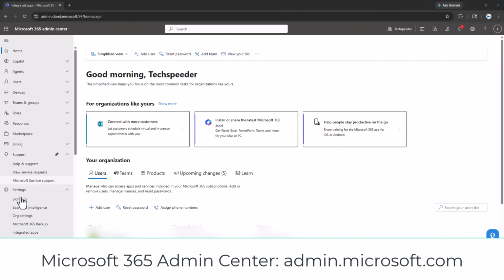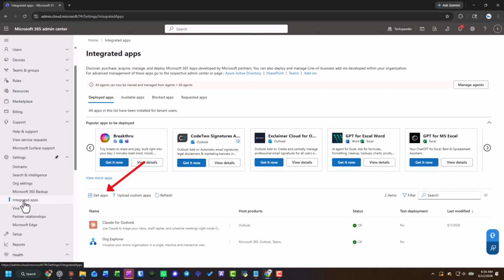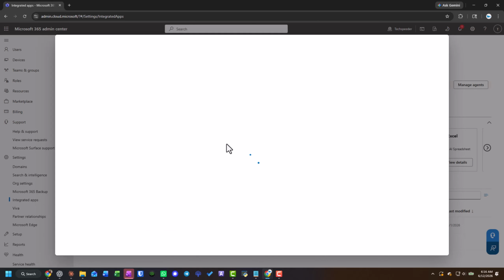First, you're going to want to log into the Microsoft 365 Admin Center at admin.microsoft.com. Once you're logged in, go ahead and scroll down to the left-hand side until you find Settings and then Integrated Apps, and then go ahead and select Get Apps, and you'll search for Claude, or at the time of